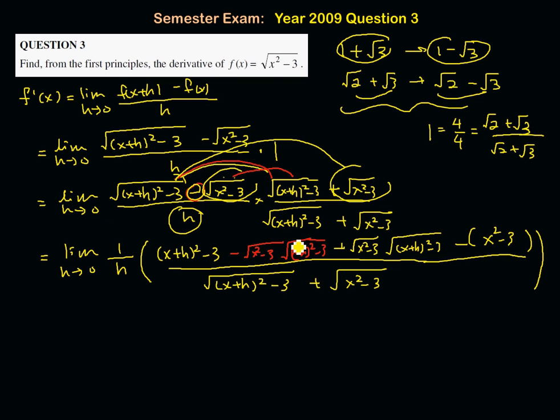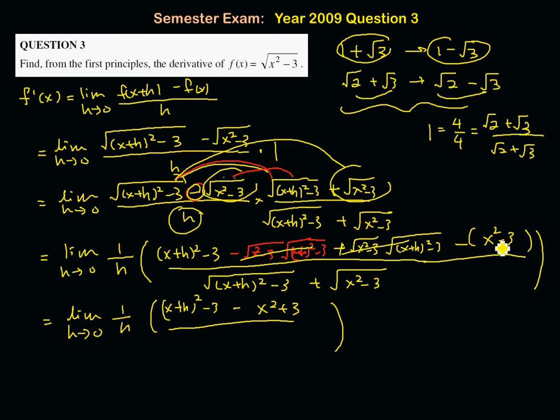And what are these? They are the same, right? The only difference is one is negative and one is positive. And so what you're being left with is now this here: (x plus h) squared minus 3 minus (x squared minus 3). This is negative, negative. And so whatever you have here in the denominator, you copy it down, and this is the square root of (x plus h) squared minus 3. And that means that if we expand this,